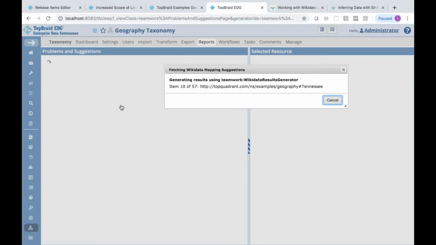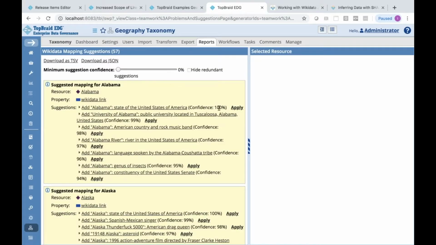Okay, and it's going to now go through all 57 states that I have and try to find matches to them on Wikidata. And once it goes through all the states, it will produce a report with suggestions.